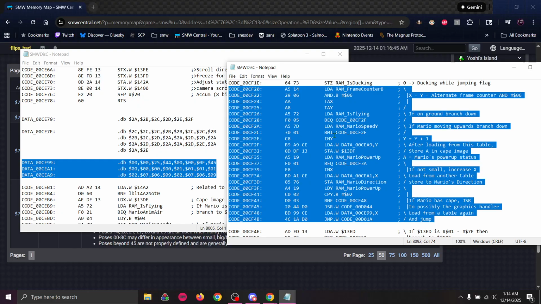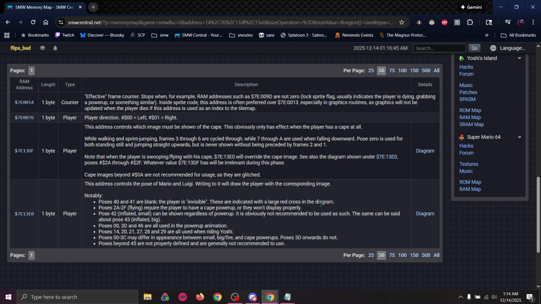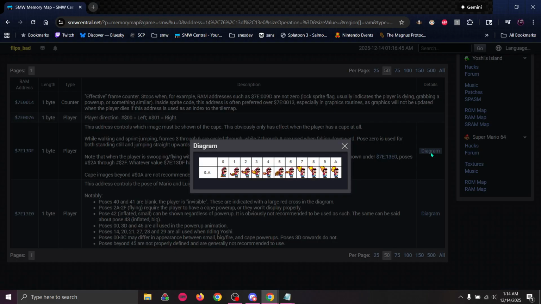Oh yeah, so basically the difference is that if Mario is falling, it's going to increment Y. Otherwise, it is going to keep Y as it is, so either 0, 2, 4, or 6. Then use that to read from this table, and then store that to 13DF. 13DF is this address here, which basically is used if Mario has the cape to show which pose the cape